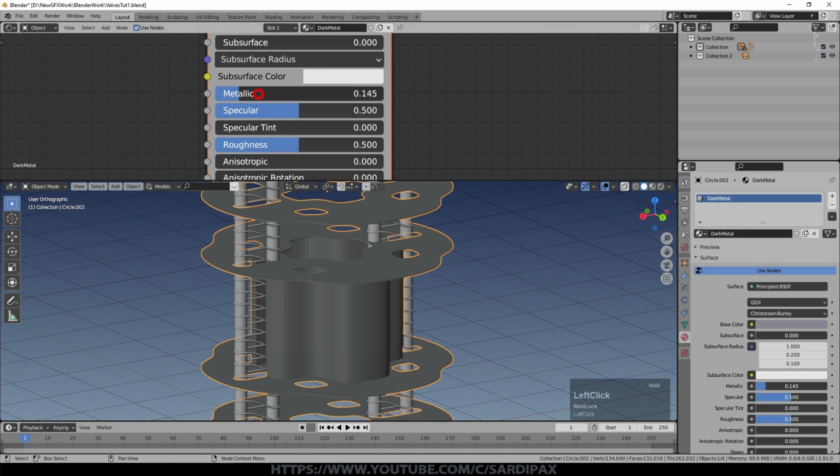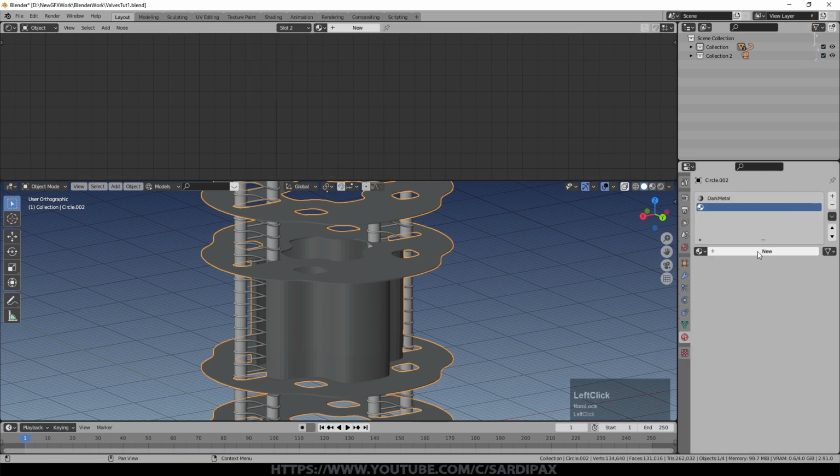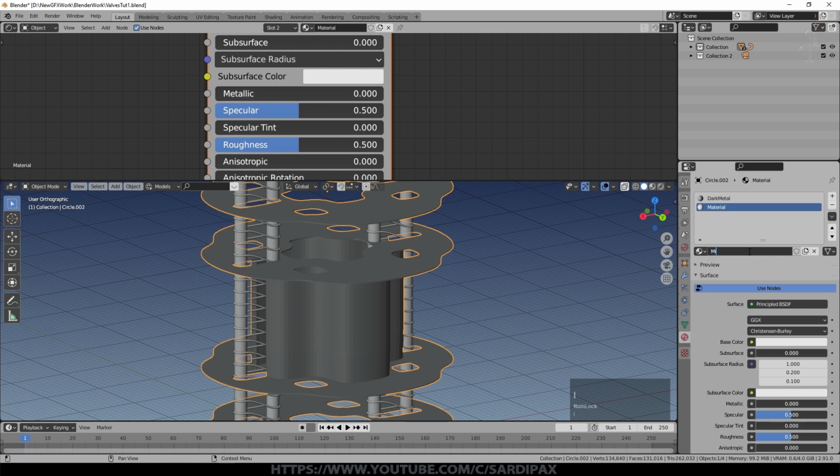So I'm now going to go up here. We'll give this a slight metallic look to it. We'll take it up to, in fact, we'll make it fairly metallic so it'll have a bit of reflection to it, but we'll leave the roughness high. In fact, we'll take it even slightly higher. It's very dull metal.